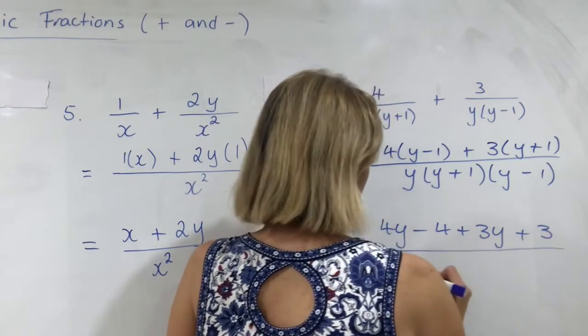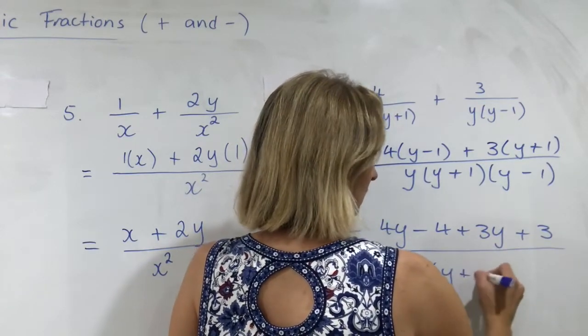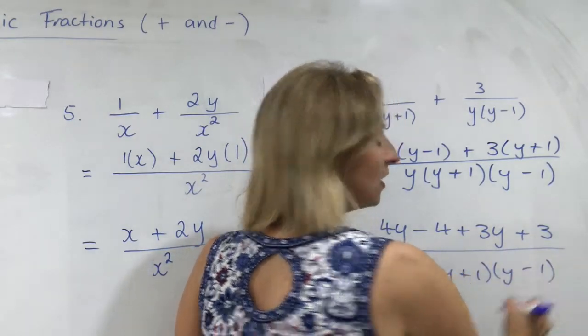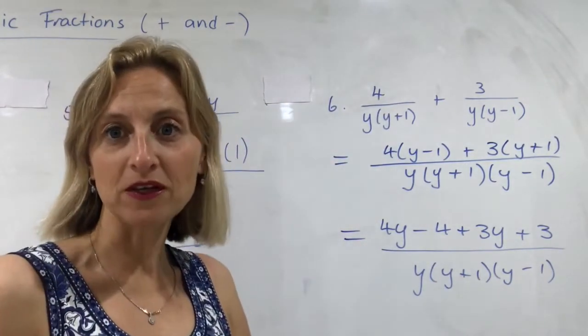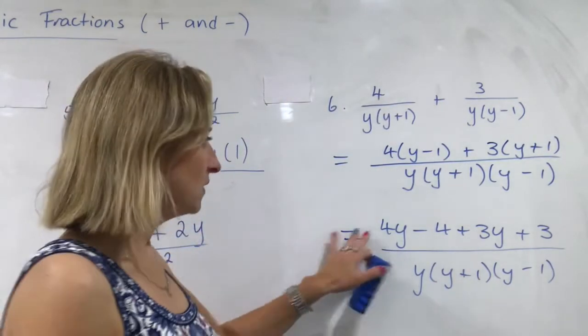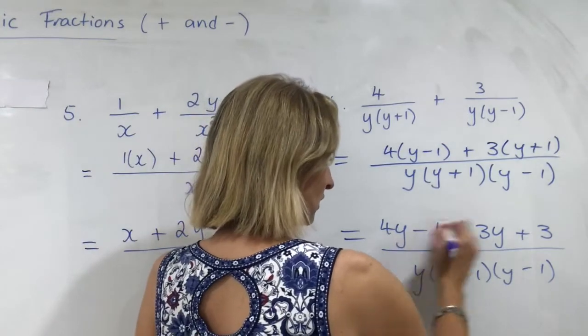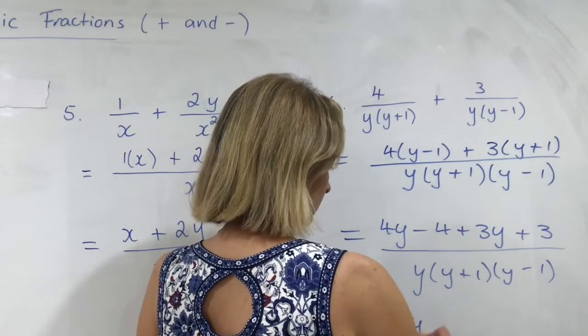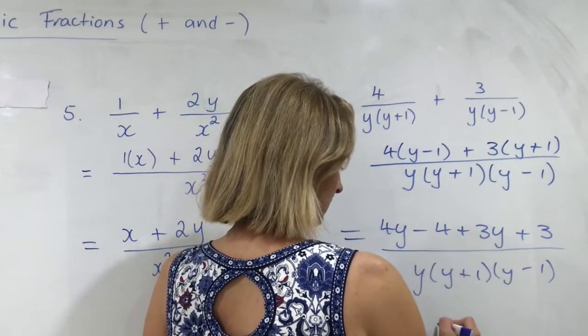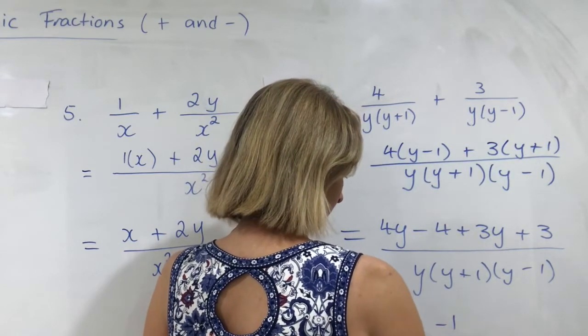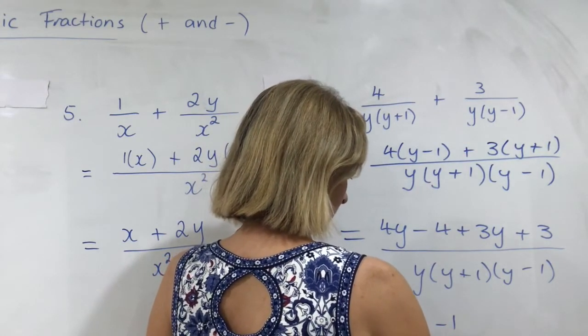And hopefully you can all do that. You don't need to expand the denominator. Very rarely will you need to expand the denominator. And then we collect like terms on the top if possible. 4y plus 3y is 7y, and minus 4 plus 3 is minus 1. And you write the denominator